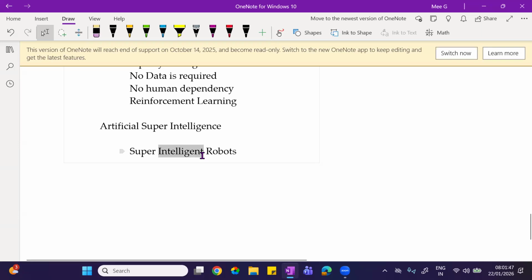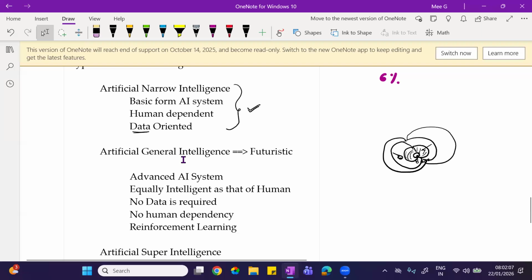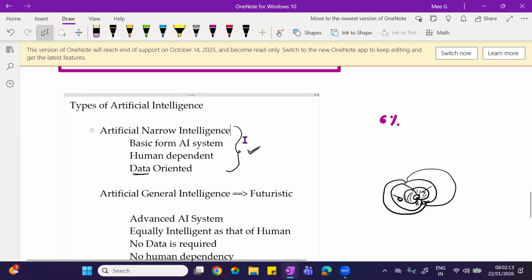And these robots feel that they are far, far superior. Not only do they feel they are far superior, they feel that humans are not required anymore. There's a good chance that if we can't control it, humans are eradicated. Okay, now these are the different types of AIs. Now, this is the current phase. Currently, we are here.